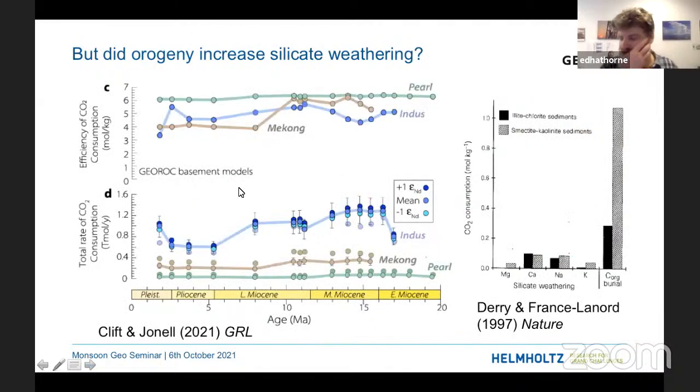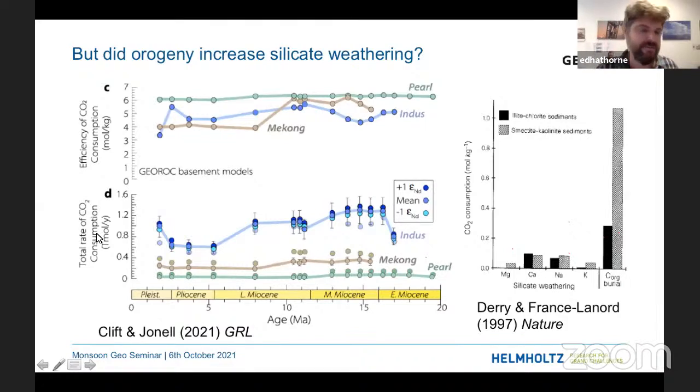But did this orogeny increase silicate weathering? That's really the question. And Tara and Peter, they had this paper in GRL this year, which you should read if you've not read it, where they kind of re-explored this way of calculating the silicate weathering flux from the remaining cations in sediments. You need to know what the original parent material is, of course, which is a tricky question. But you can make first order estimates of how many cations have been lost to silicate weathering, and you can